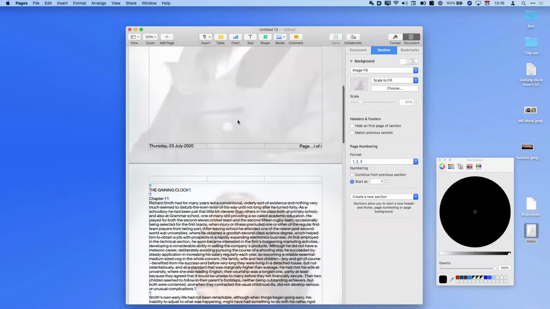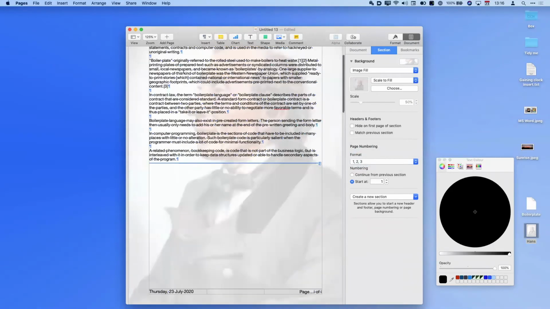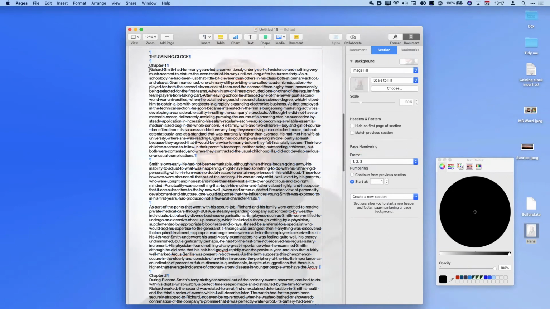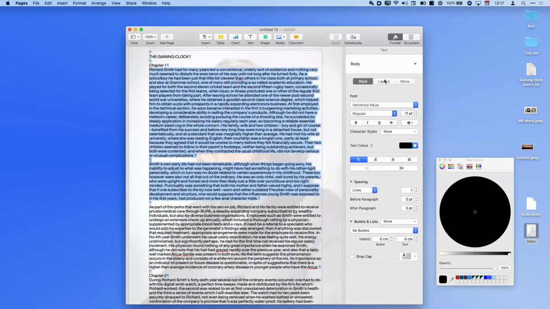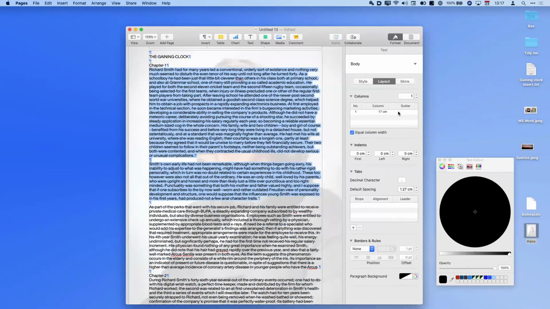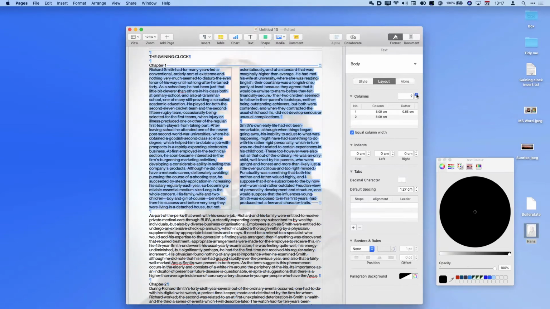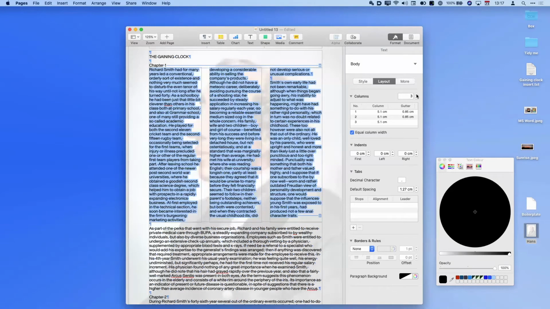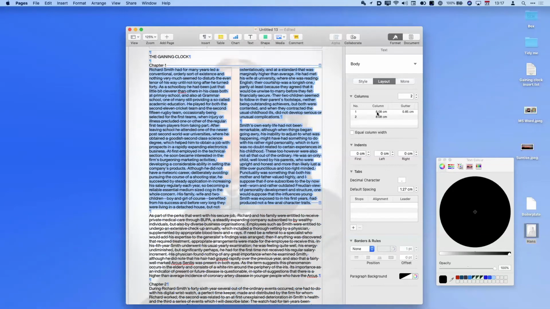So one of the other things that we can do is insert column breaks. So if I was to select, let's take these first two paragraphs and highlight them. If I go to format and choose layout, you'll see over here that I have a single column. If I click plus, I can add columns at will, and I can adjust the column widths independently. So at the moment, each one is an equal column width, but if I change that, let's say I make that 2 columns, and I don't want them equal column width. I want to make maybe the first column 10 centimeters,